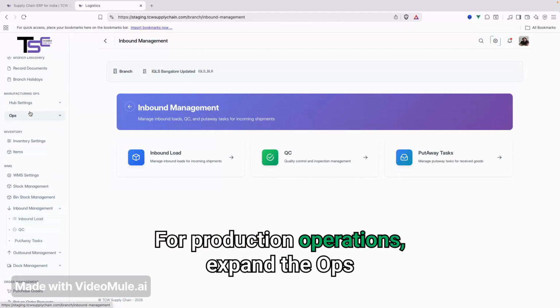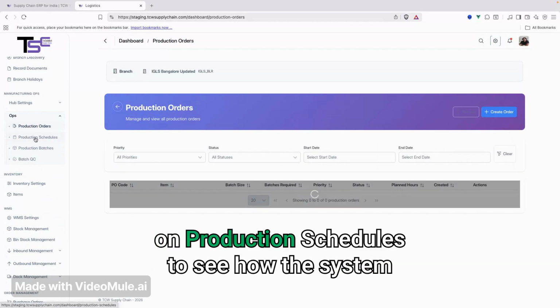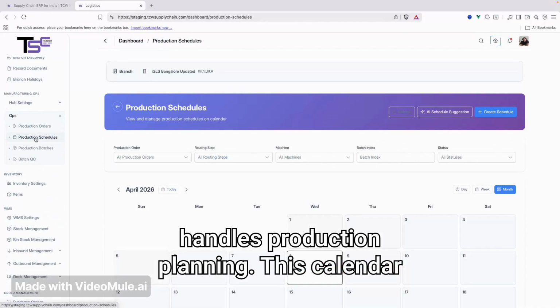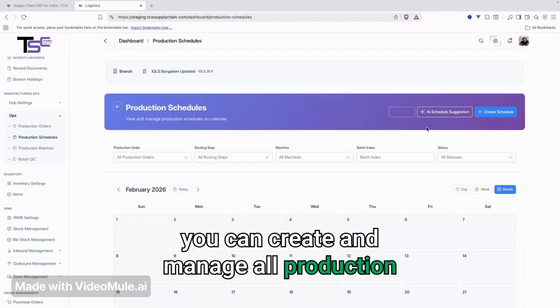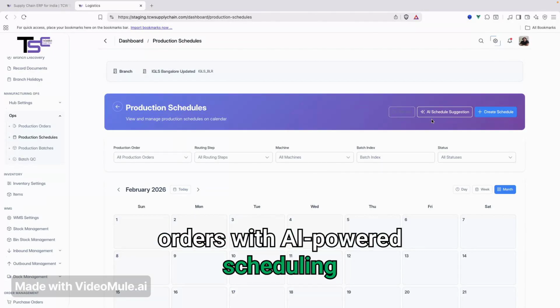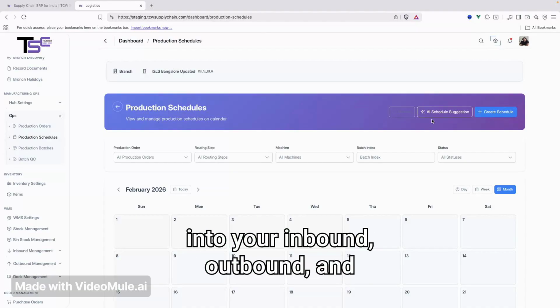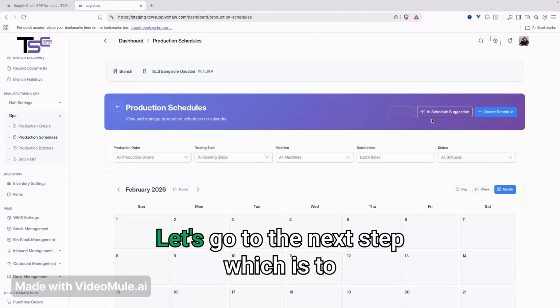For production operations, expand the Ops menu under Manufacturing Ops. Click on Production Schedules to see how the system handles production planning. This calendar view shows your production schedules, where you can create and manage all production orders with AI-powered scheduling suggestions. You now have full visibility into your inbound, outbound, and production operations across all facilities. Let's go to the next step,